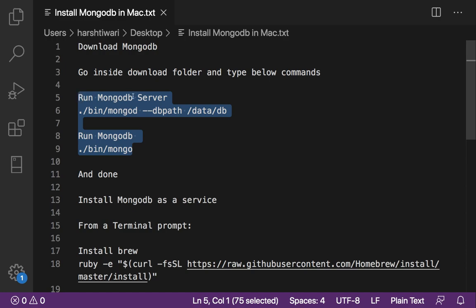But whenever we install MongoDB as a service, then we do not need to do this. We can type mongo from anywhere and MongoDB will automatically start. So I'm going to create a new video which will show you how to use MongoDB as a service.